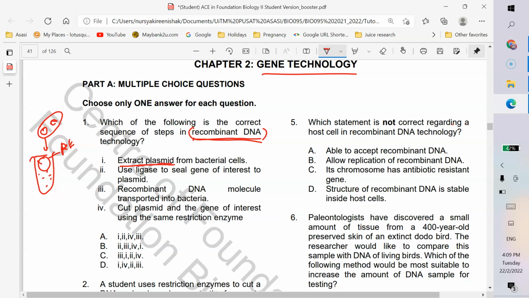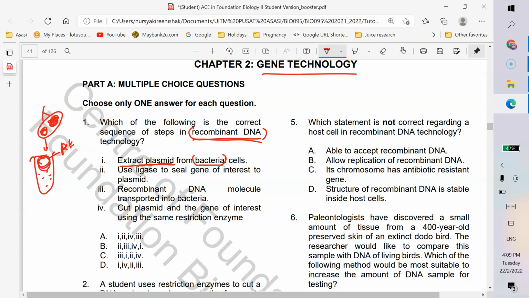Cuba awak tengok dekat dia punya procedure of producing recombinant DNA. First, you extract plasmid from bacteria. What is plasmid? Plasmid is circular DNA that you extracted out from bacteria. Circular. Okay, kalau dalam bacteria cell ni, dia ada dua source of genetic material. Satu dalam nucleoid region dia, satu lagi a small circular DNA. This small circular DNA banyak digunakan dalam gene technology, especially in producing recombinant DNA. What is recombinant DNA? When you combine DNA from two different species, from two different